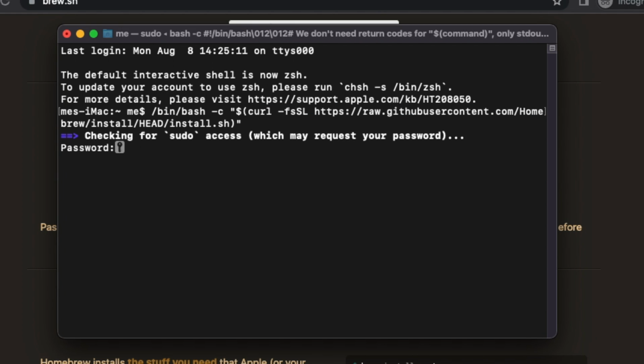Now paste in the terminal. So I'm going to paste it and hit the return key of your keyboard. To install Homebrew, we need to type our computer password. I am going to type my password and then I hit the return key, and then this type of prompt